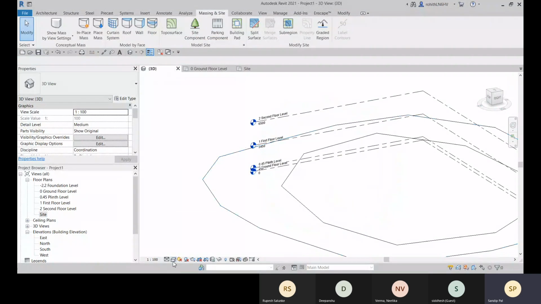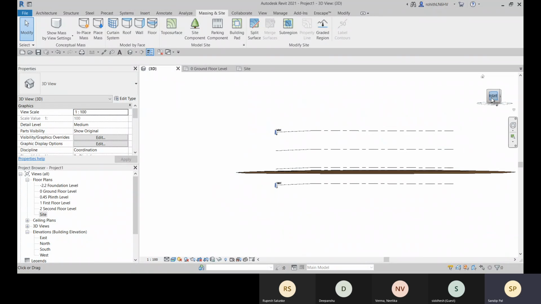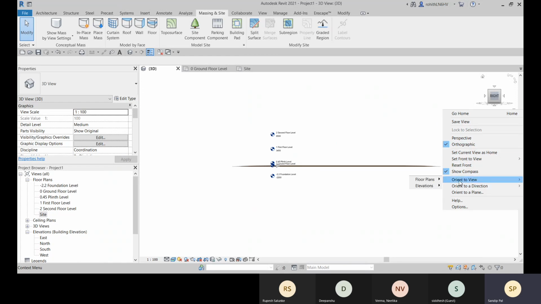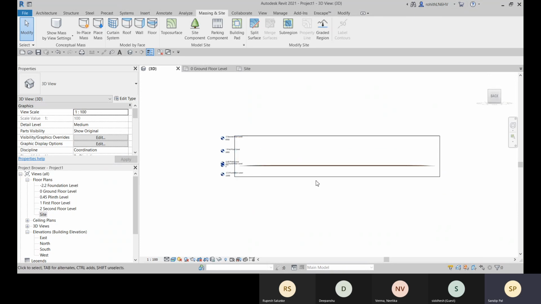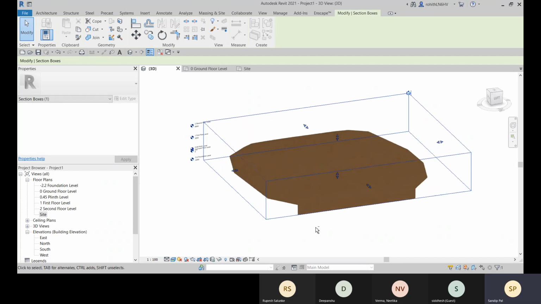Go to the top view on the realistic visual style. And there you can see that this topo surface is created. Okay, so you can go to this right elevation, and from this elevation you can check also. Or here in this context menu, we have this orient to view option, and we can orient to any elevation view. Okay, so that we can do, and we will get this section box after orienting our 3D view to this particular elevation. So with this section box, we can cut some sections.